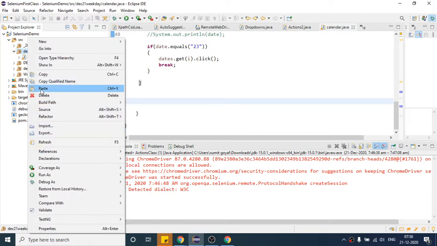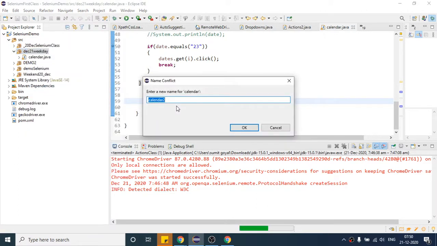After that I will create one new class, copy and paste, and I will write my second class name. These kinds of text boxes are called auto suggestive text boxes, because it is auto suggesting me some fields based on the input. So let us see how we can handle that.